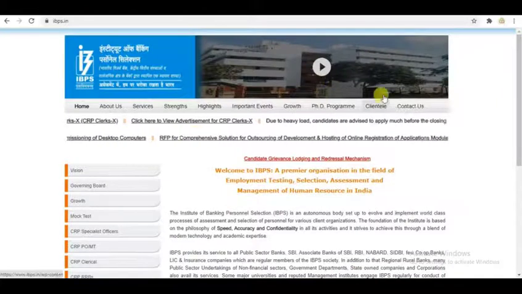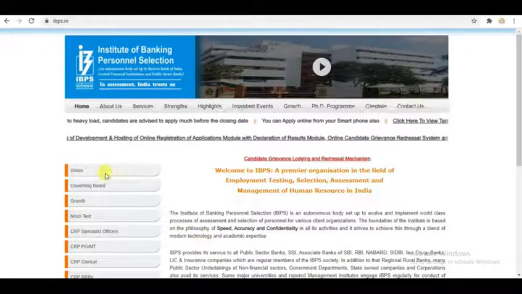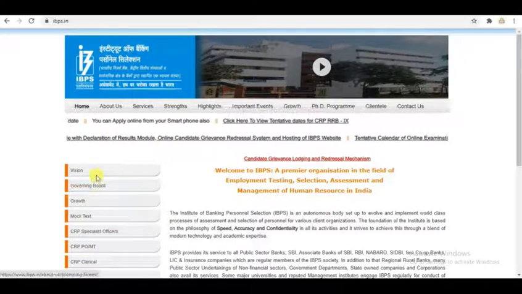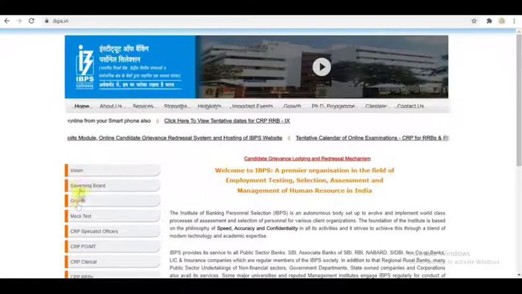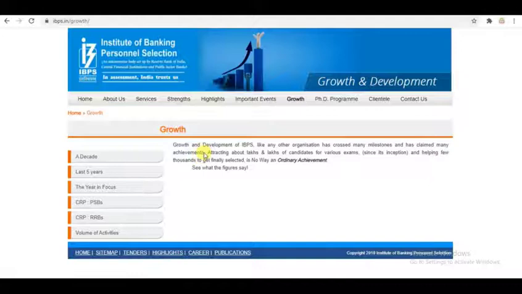This contains the header, the menu bar, then scrolling news, then the actual content area, which is divided into a left sidebar and main content. These are the navigational menus. If you click on any navigational menu, it will redirect to that particular page.